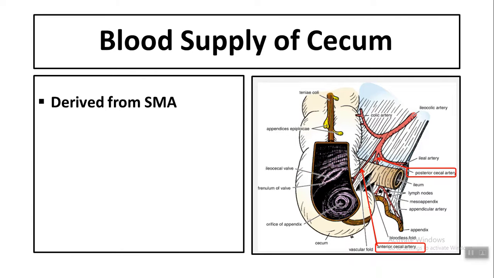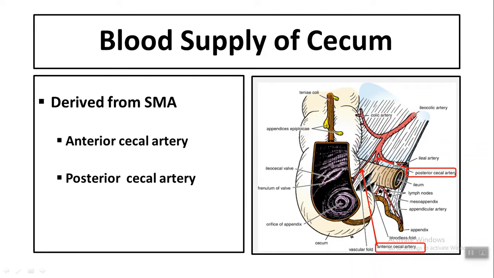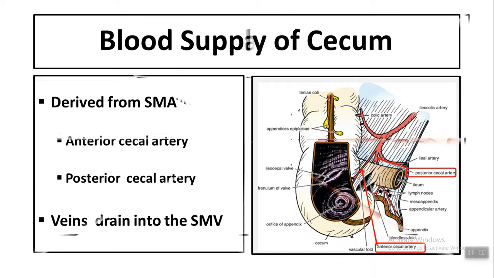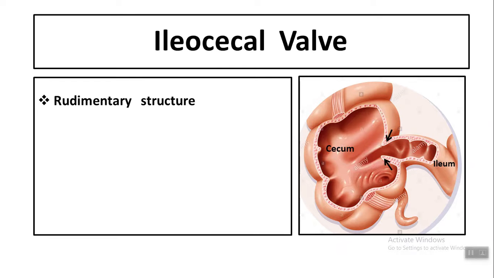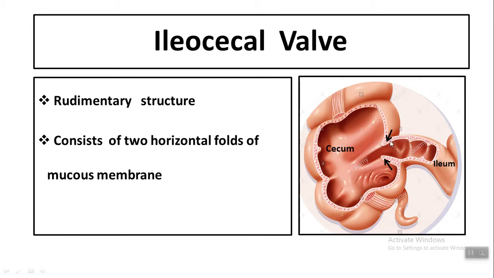What is the blood supply of the cecum? It is derived from the superior mesenteric artery, because it is part of the midgut, through the anterior cecal artery and the posterior cecal artery. Definitely the veins will drain back into the superior mesenteric vein. What is the ileocecal valve? The ileocecal valve is a rudimentary structure, two horizontal folds of mucous membrane,